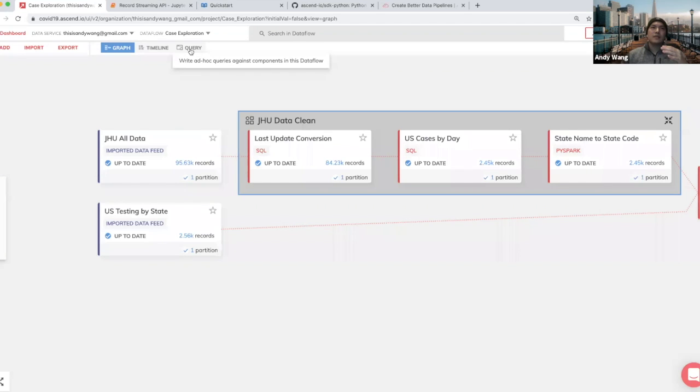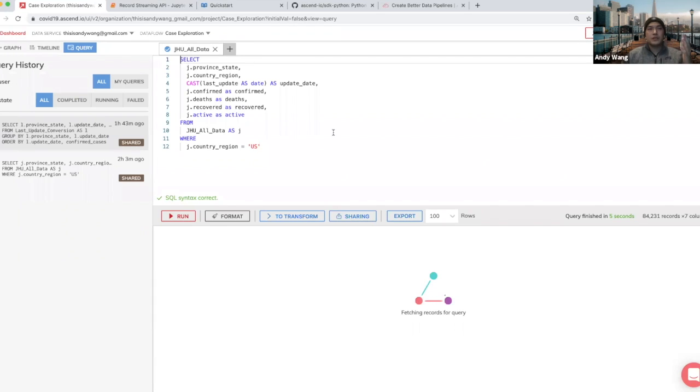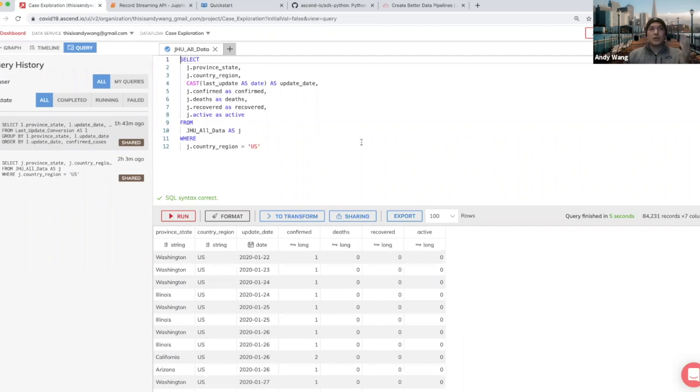And then the last type of view I want to talk about is our query view. So this is a function that we have called queryable data flows, where you're actually able to run SQL queries against any stage within your data pipeline. And this is also a great way to interactively build your pipeline and develop upon it as you go. And as your teams continue to grow, and hopefully, as you have more and more people, this becomes a great way where you can actually share some of the analysis and views that you get into your data